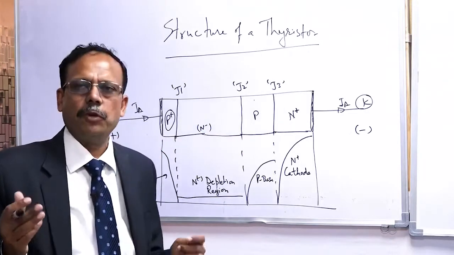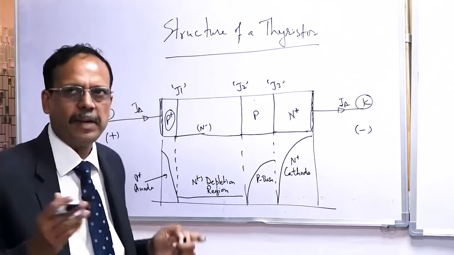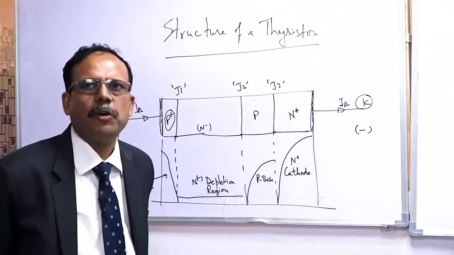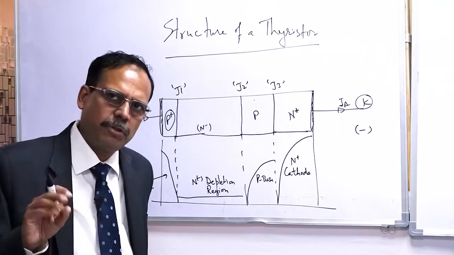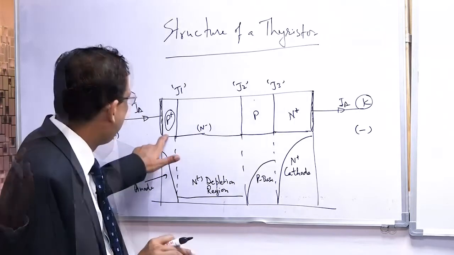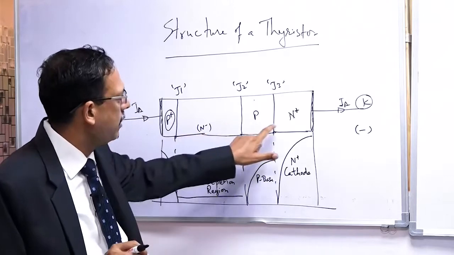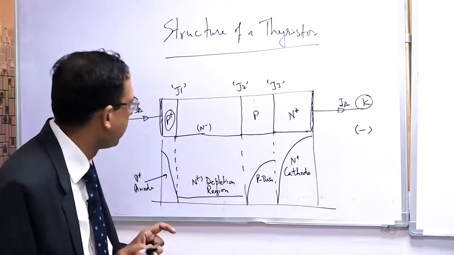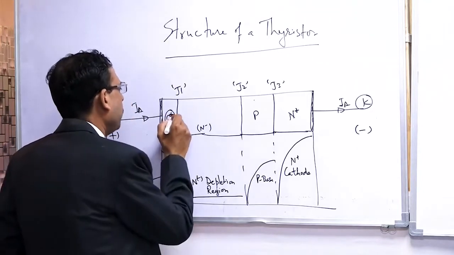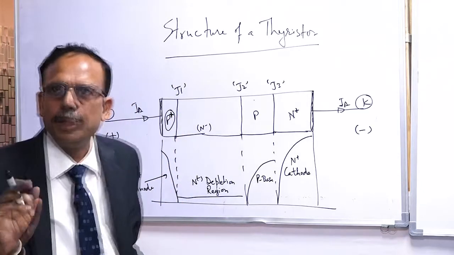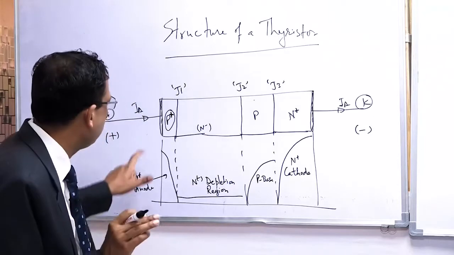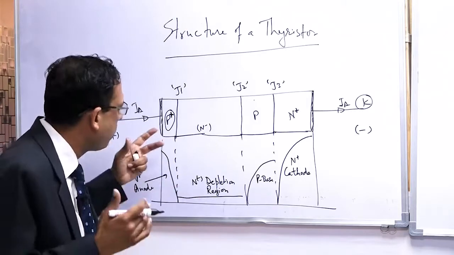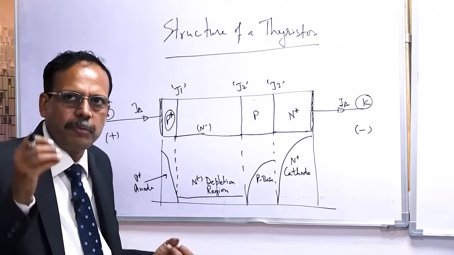Please see that there are three junctions, PN, PN. You know that it is a 4-layer, 3-junction device, that everybody knows about the thyristor. Now P plus means what? If not understood, say you don't understand P plus. We have P plus, we have N minus, we have P and we have N plus. P with holes, correct. Highly doped P, correct. Very rightly told, means holes are there. P types have a majority of holes. But P plus means more holes, so it will be highly doped.